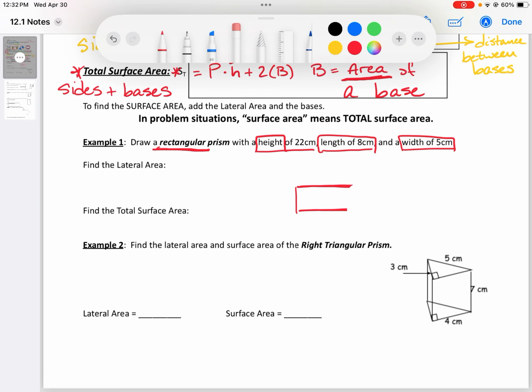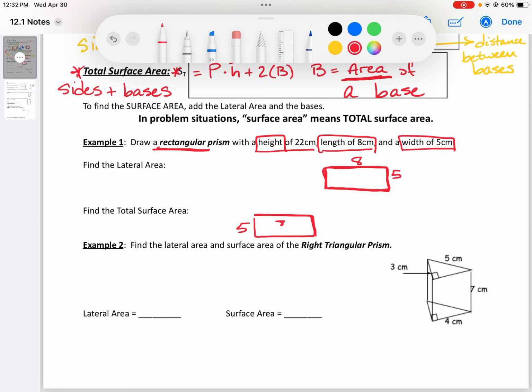Probably made that a little too big. Let's shrink that a little bit. And I'm going to put it further down so that I have more room. So this is our 8 by 5 rectangle. And then we have another one of these. Okay, another one of them,